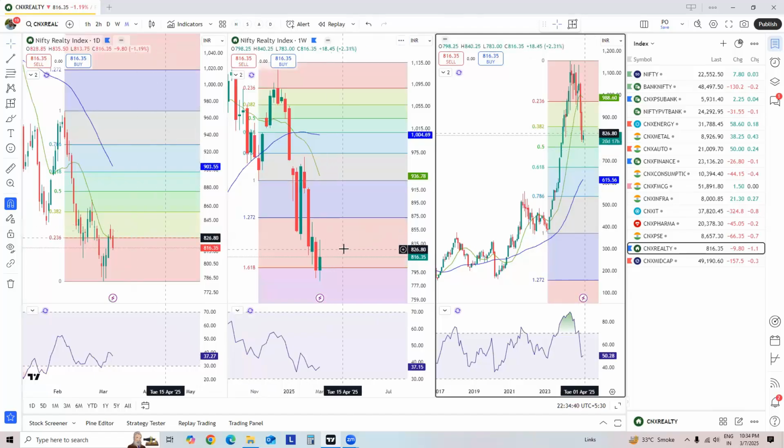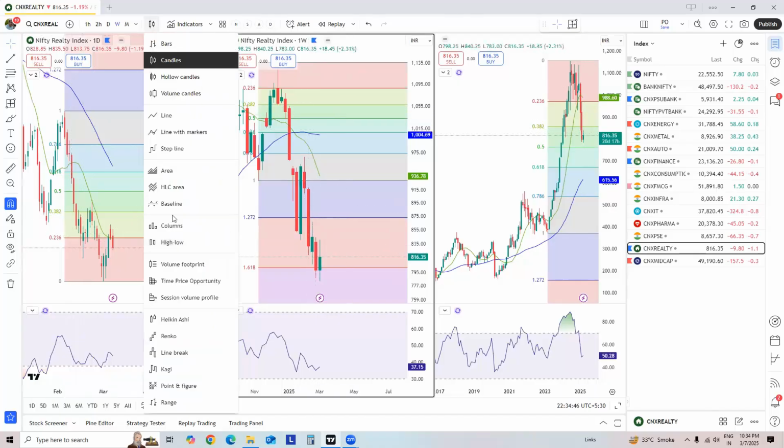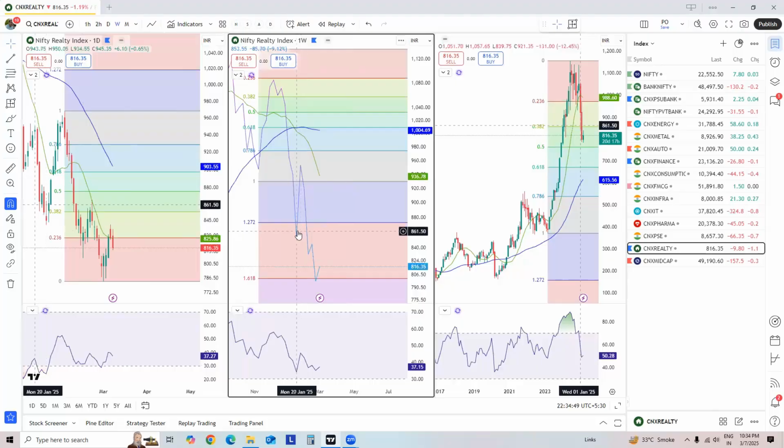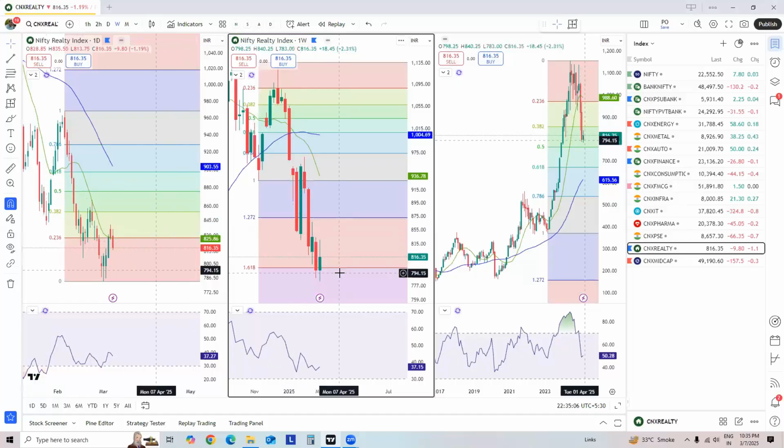And if you check properly, this does not look like a classical positive divergence, but it looks like one. We can see that we do have a lower low in price, higher low in RSI. Again, I am saying this is not a classical positive divergence, but it looks like the downside momentum is slightly coming to an end, as we are also at a support in the weekly time frame chart, which is the